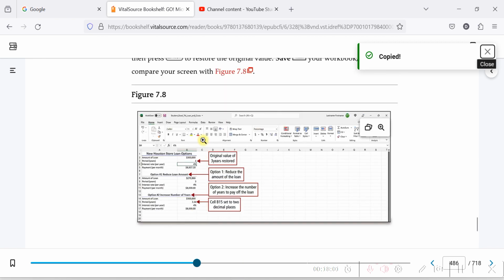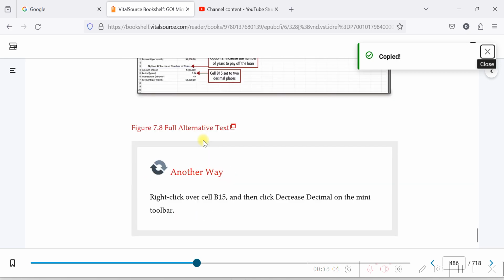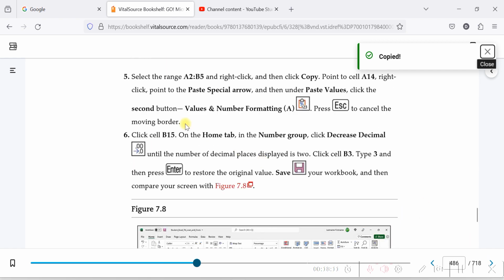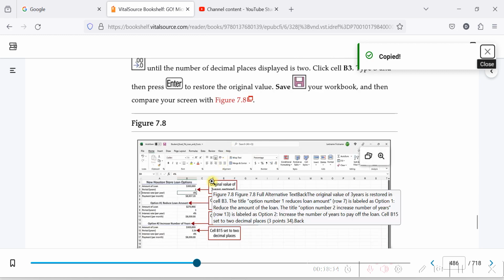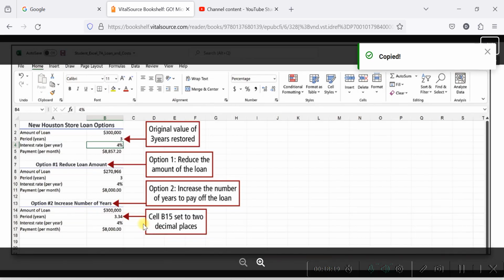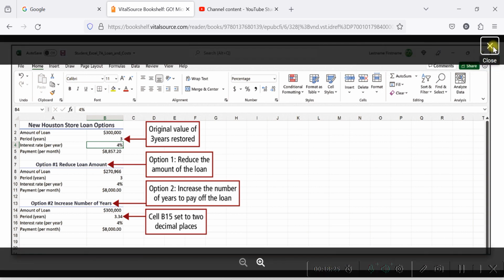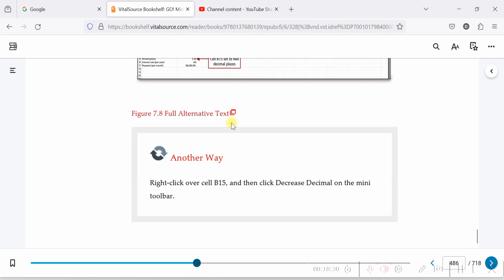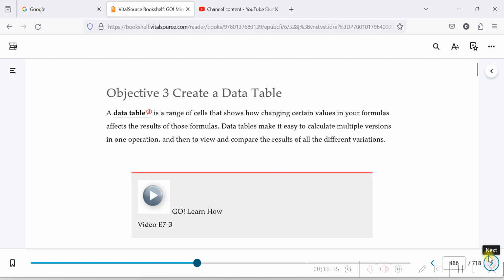Alrighty. 1, 2, and 3. So mine looks like the book, or more importantly, the book looks like mine. I'm pretty satisfied with that. And I'm going to go to the next page, which means I'm going to go and